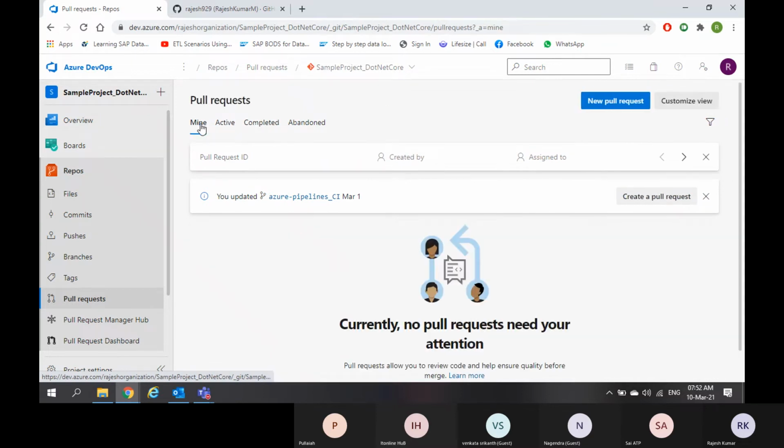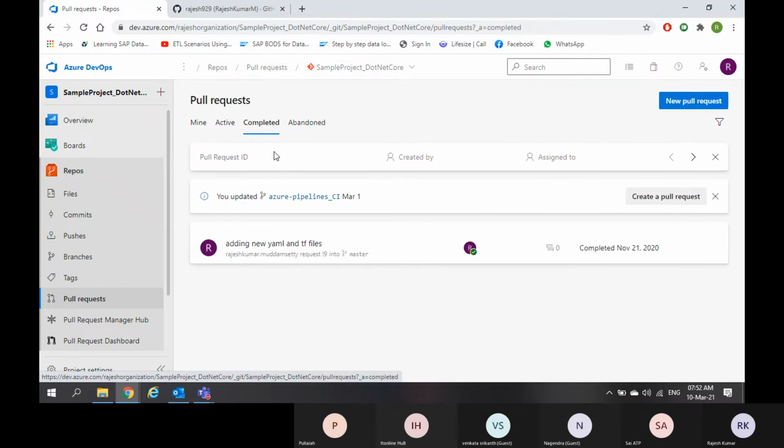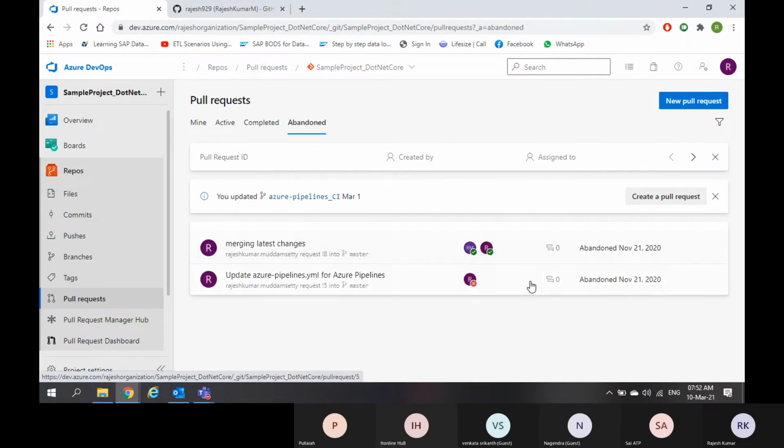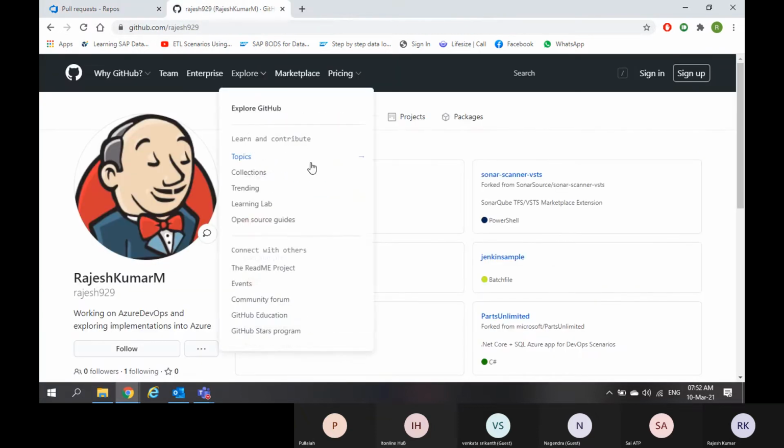So there are no pull requests in my name. There are no pull requests which are active, but there is a pull request which is completed. So this was completed in November itself. Completed, and abandoned means cancelled. So there are 2 pull requests which were abandoned. Abandoned means cancelled.